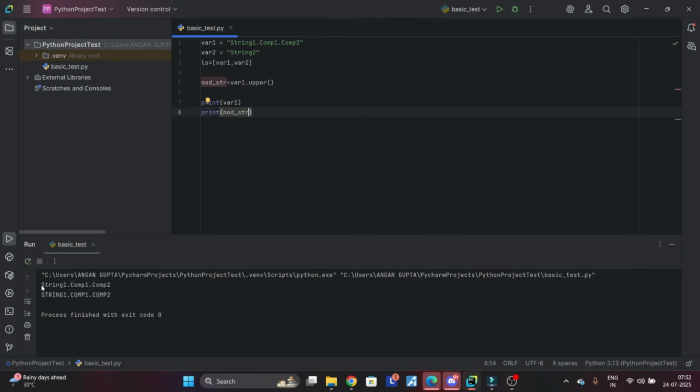See, this was the original string, and here everything is capitalized, right? So that's what upper is. Similarly, you can do lower. See, here the s was capital, c was capital, and now everything is in lowercase. So that's the lower operation. Okay,